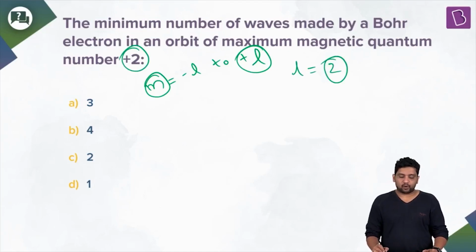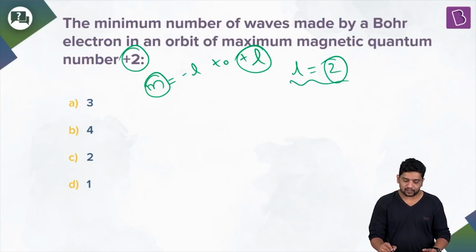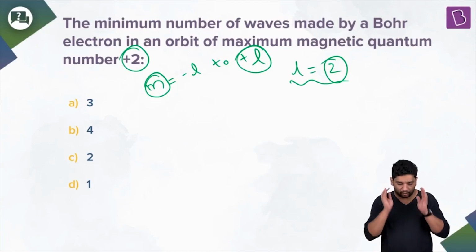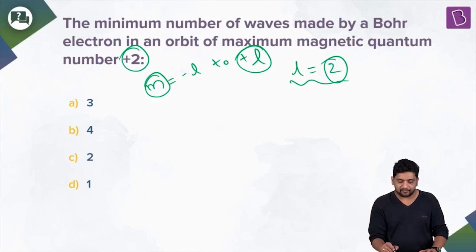Now what can you say? If you are looking at L equal to 2, we know that in the first shell and second shell we don't have L equal to 2. Of course, this is assuming the given criteria that your maximum value of magnetic quantum number is plus 2, so obviously L has to be 2. Once you know that L is 2, we know that the minimum value of n will have to be 3,